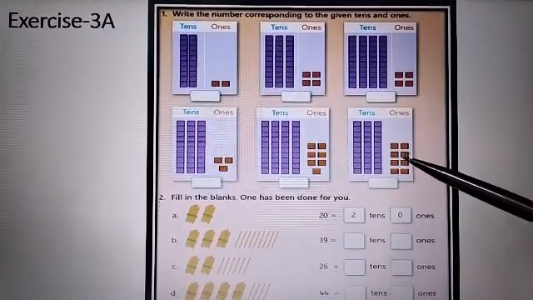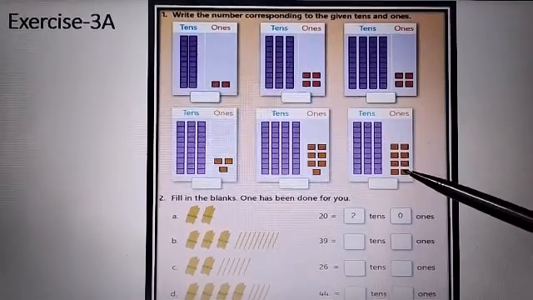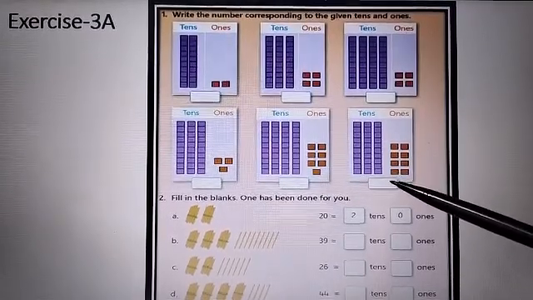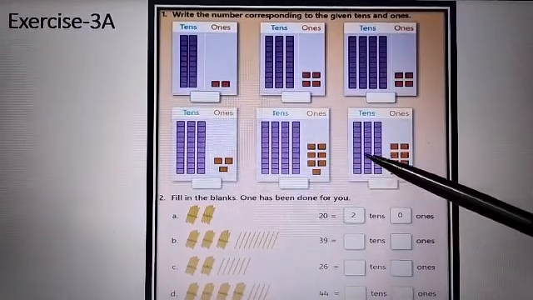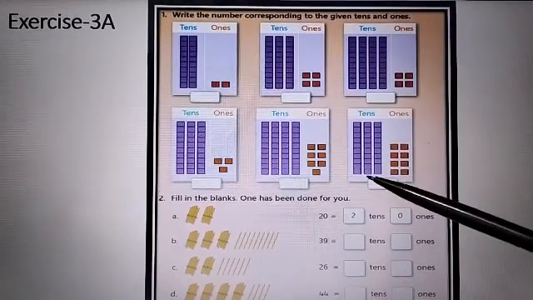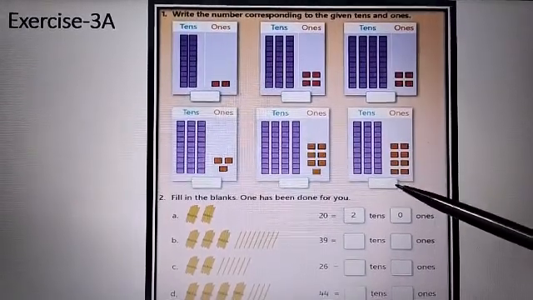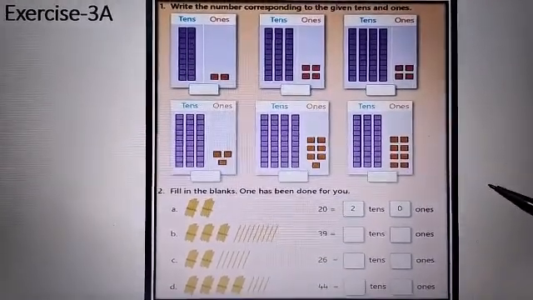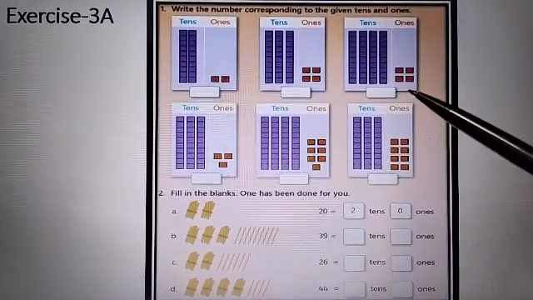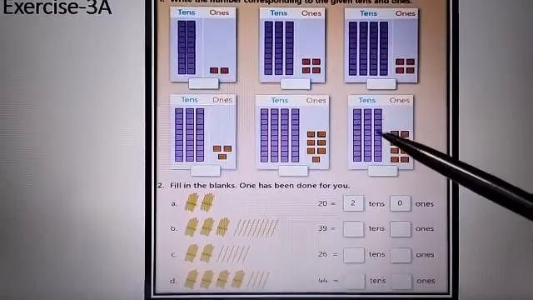Next. Come on, start counting. 1, 2, 3, 4, 5, 6, 7, 8. So on the ones place you will write 8. Now let us see what is there in the tens place. 1, 2 and 3. So 3. 38. Okay, kids? Have you understood this? You have to count properly. I know you can do it. Counting is very easy for you all.